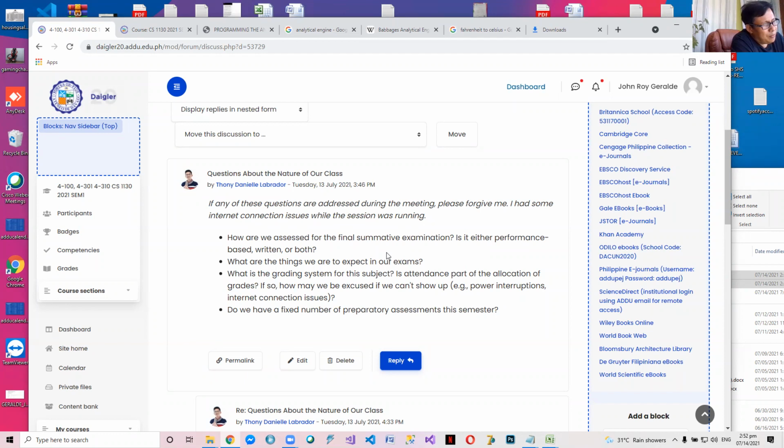If you have been informed during your orientation, we cannot require attendance as part of the grade, because there are students who do not have access to internet. That's the main reason why we are recording our sessions. Attendance is not part of the grade, but I will always check attendance because it will inform me which students are still attending classes, because in the end